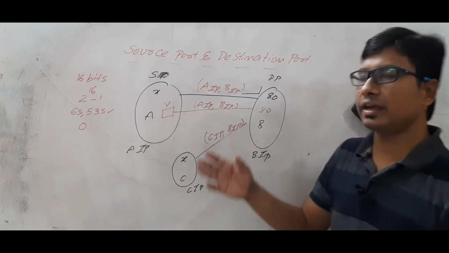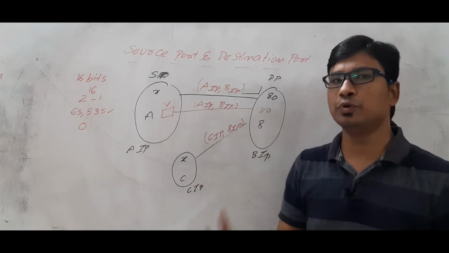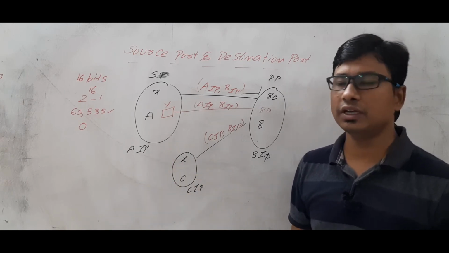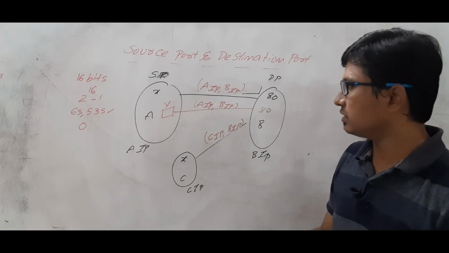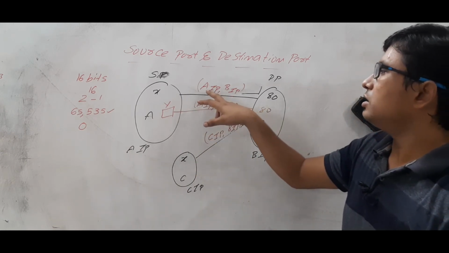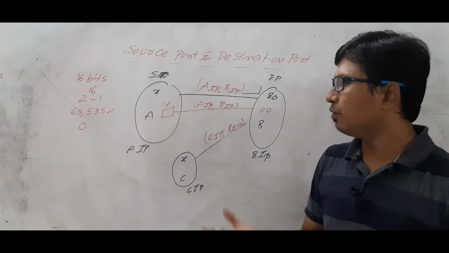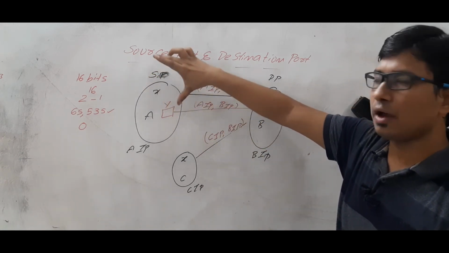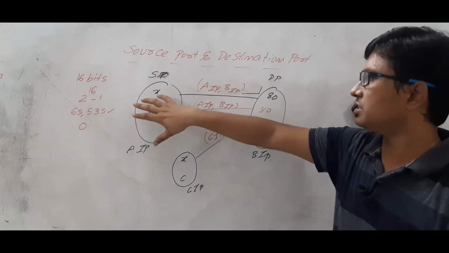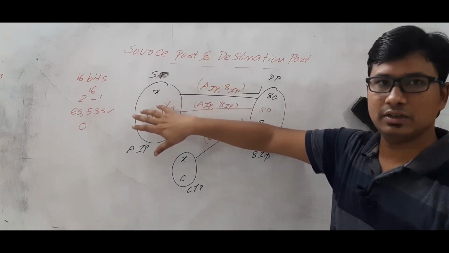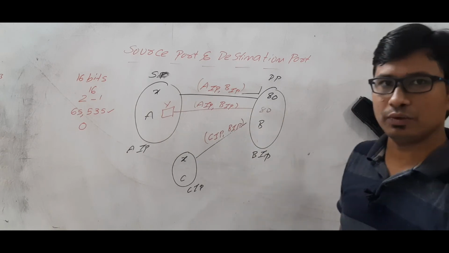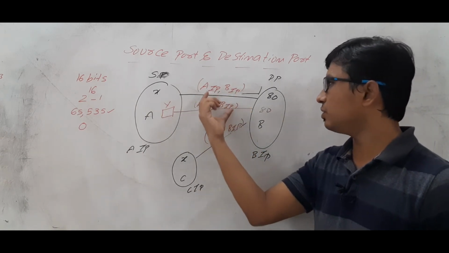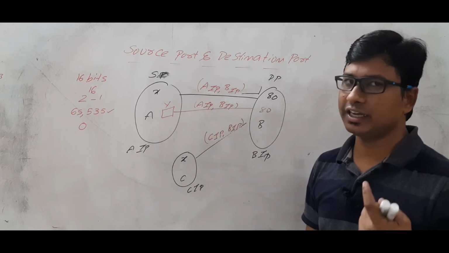So first we tried with the help of source port and destination port number. Then we faced the problem: we could not uniquely identify the two communications. Now we tried the source IP and the destination IP. What is the problem with them? If the same source wants to have two different communications using different ports to the same server, what will happen? The source IP address and destination IP address will be the same for both communications. Again there is a problem.